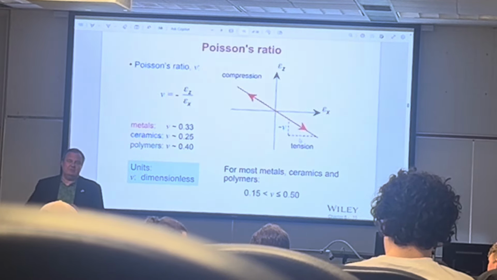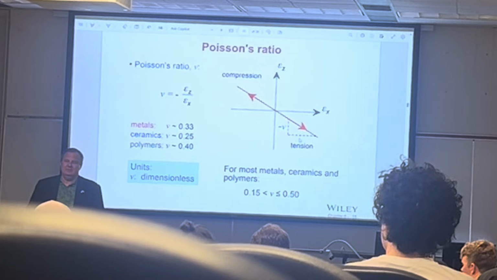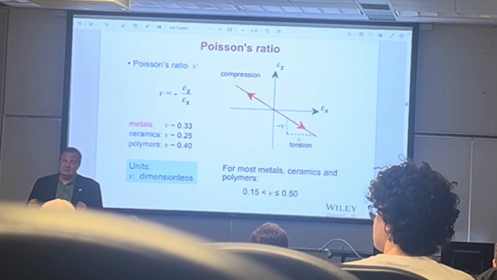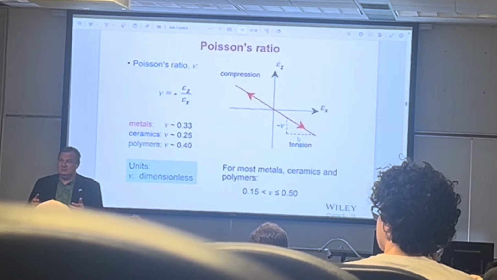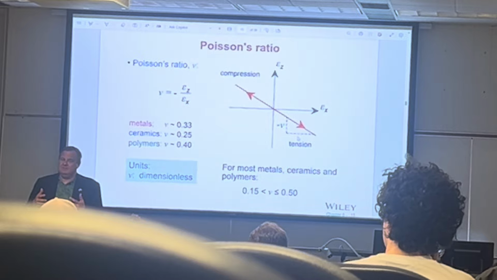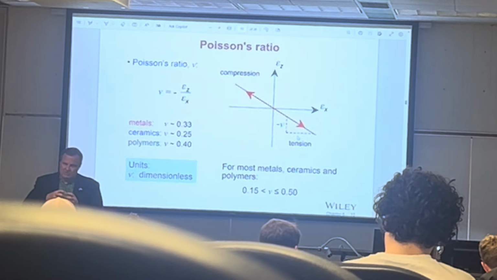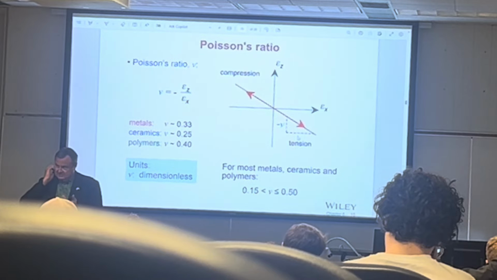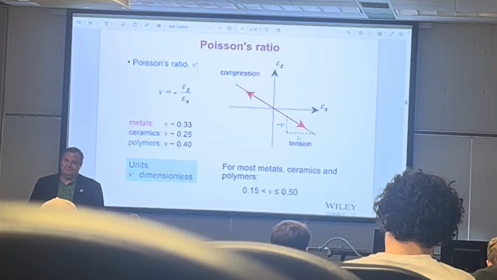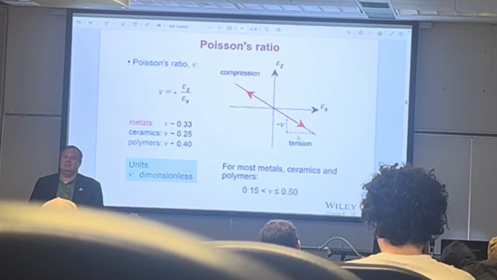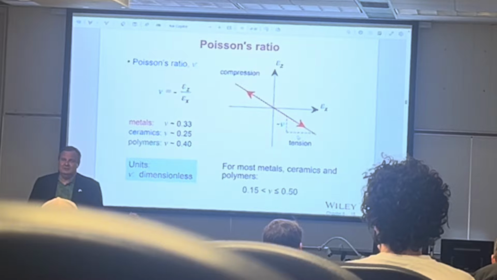What I'm passing around is called functionalized Teflon. And the reason it does this, by the way, sponges do the same thing. They can have either positive or negative Poisson's ratio, depending on the arrangement of the cells in the sponge. Okay? And the maximum value of the Poisson's ratio for homogeneous material is